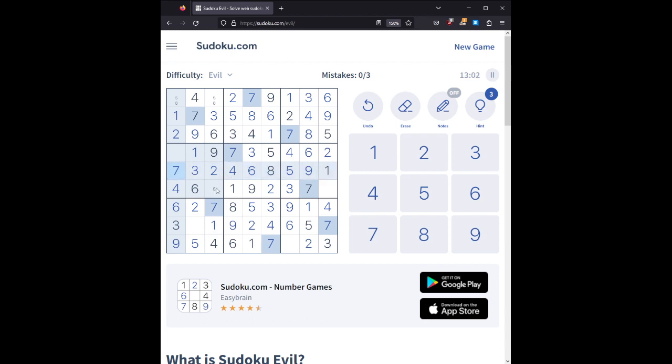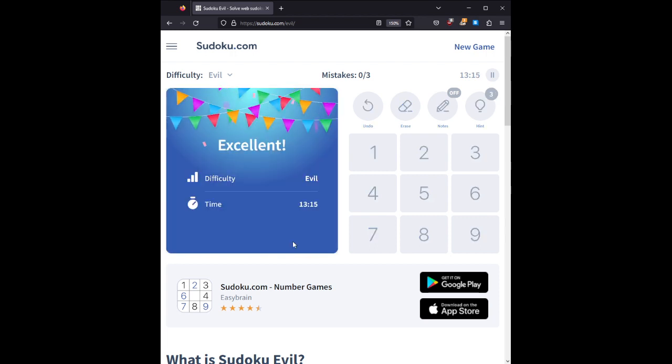Awesome. So let's do a 5. 5 has to go here now. 5 has to go there. Ah yes, and I think really all that's left is the 8s. So the 8s down here, here, here, here, and here. And awesome. Now we have ourselves a solved